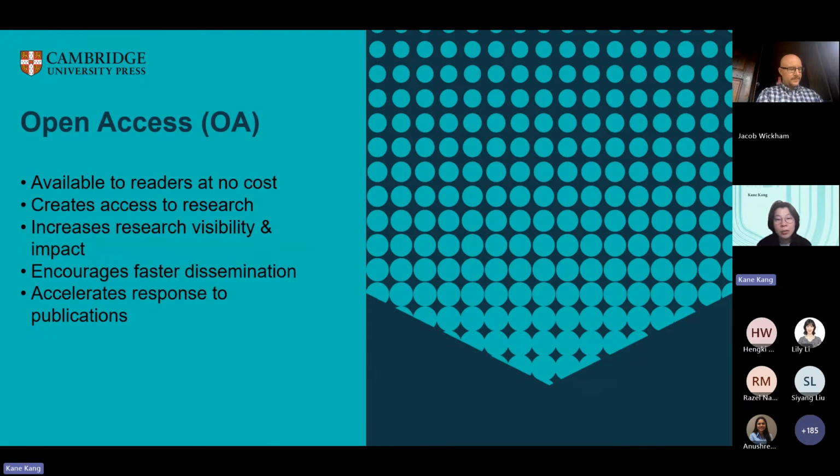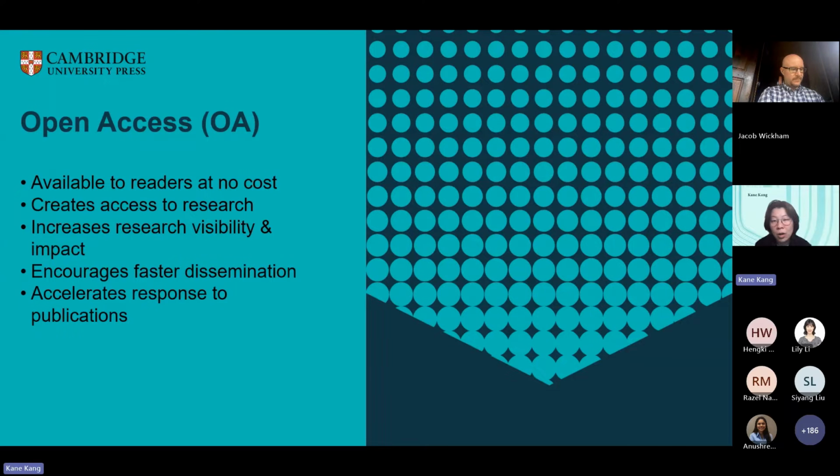So OA could be a good way to promote your article. Open access makes scholarly research permanently available online to view without restriction. OA can also allow content to be published in a way that allows readers to redistribute, reuse, and adapt the content in new works. OA content is freely available online, not hidden behind a paywall, meaning increased discoverability, usage, and higher citations and downloads for your work.